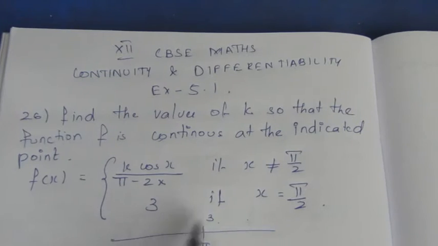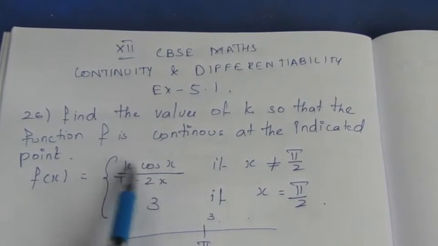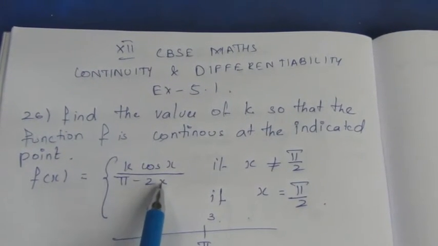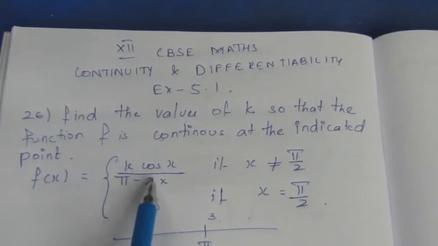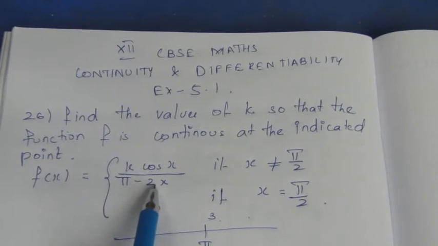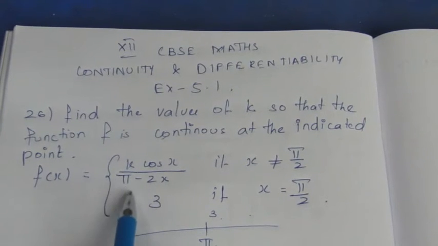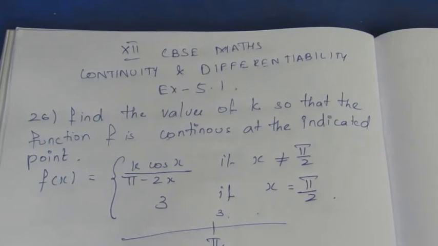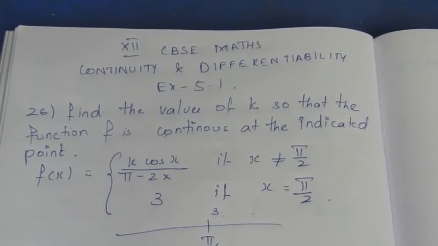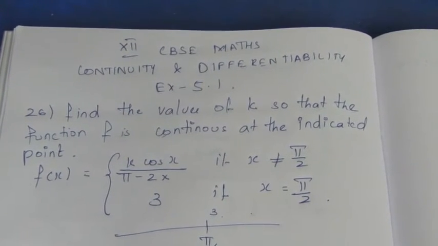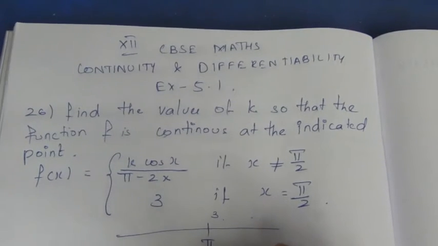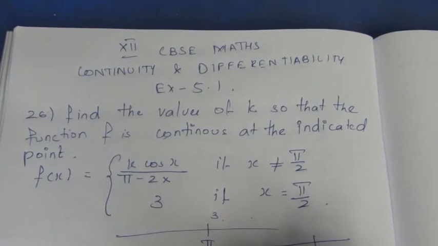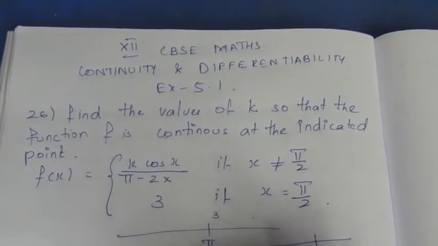If I am taking the left hand side or right hand side, I will be substituting the value of pi by 2 here. Just check, if I substitute pi by 2 here, both get cancelled, pi minus pi will become 0. If the denominator is 0, it is not defined. We can't substitute a limit when the denominator is equal to 0. So it is not possible to get a denominator 0. In that case, I am going to change the value of x as here